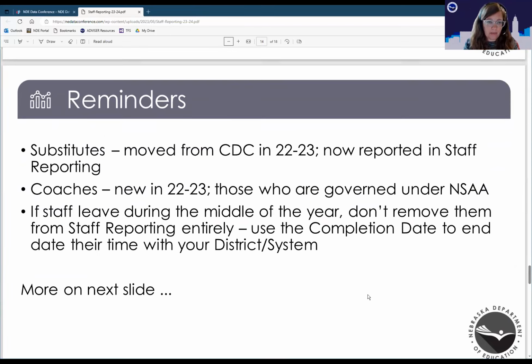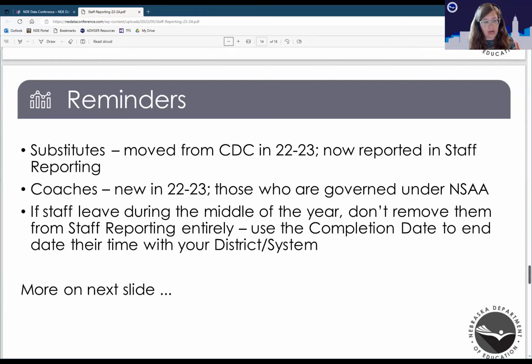So you may not have them at the beginning of the year, but it's important to get your substitute list kind of up to date to where you think these are the people that might sub for us. And then throughout the year, go into staff reporting and update. Oh, well, that person moved to Illinois. Remove them altogether. They're not working for us. Or add the new substitute. This person started subbing for us.